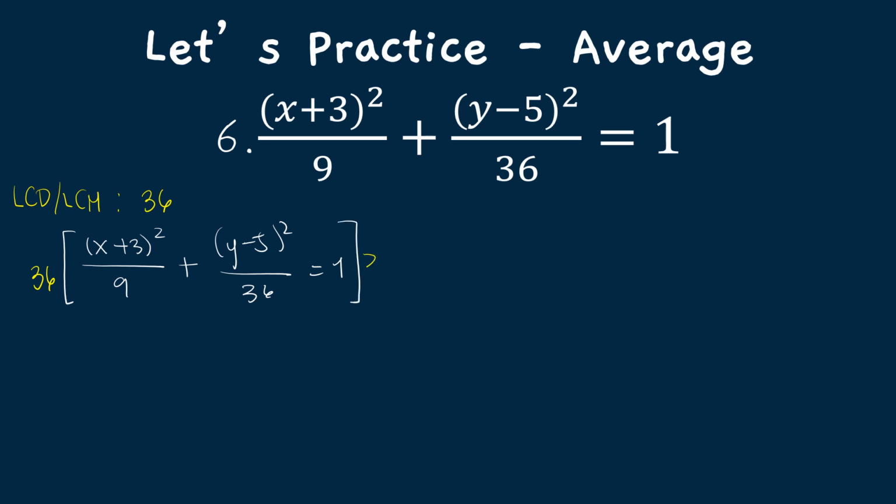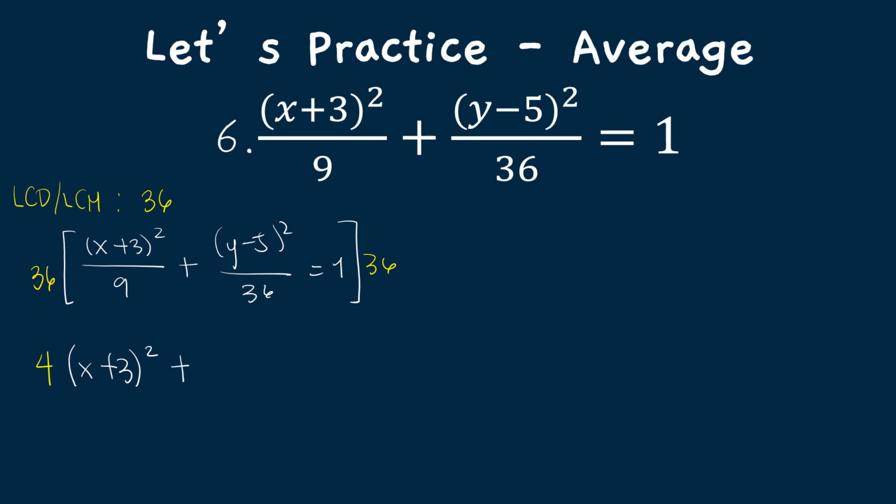and then again on the other side put 36. Okay, so divide the 36 by the denominators. So 36 divided by 9, the answer would be 4. So that 4 value should be written. Okay, I change the color. Let us have color yellow. So 4 multiplied by x plus 3, since we already divided 36 by 9, and that is equal to 4. You write it in front of x plus 3,